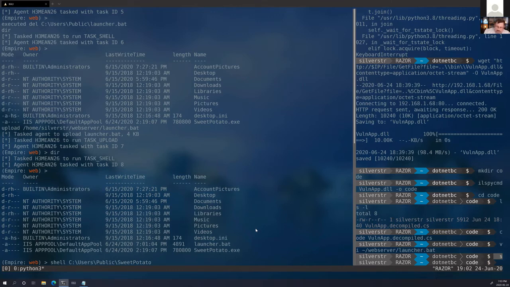And what I want to do is say, what process do I want to execute once Sweet Potato runs? I'm going to say I want to run cmd.exe. But what I want it to do is I'm going to pass it a parameter of /c, and I want to give it that bat file. So if I typed it all right,